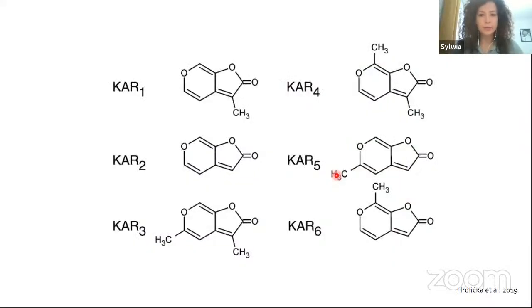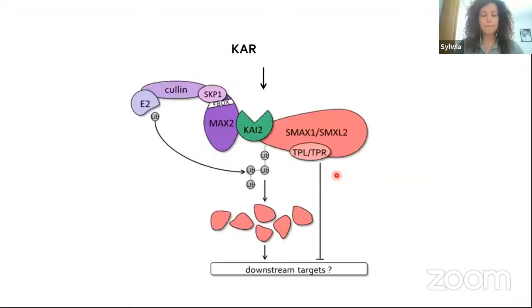So up to now, there are 4 karrikins that were isolated from smoke, and they share some similarities in the chemical structures with strigolactones, which is the butenolide ring. Apart from sharing similarities in the chemical structures, there are also some components of the signaling pathways that are very, very similar. So karrikins are perceived by KAI2. KAI2 is the receptor, and this is also an alpha-beta hydrolase,